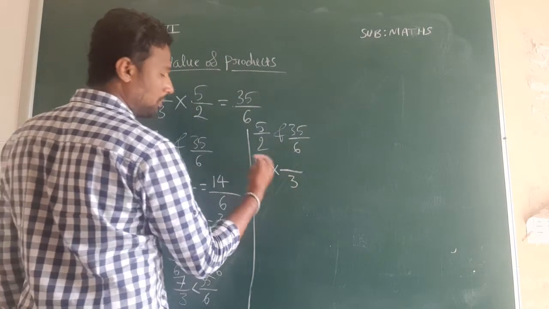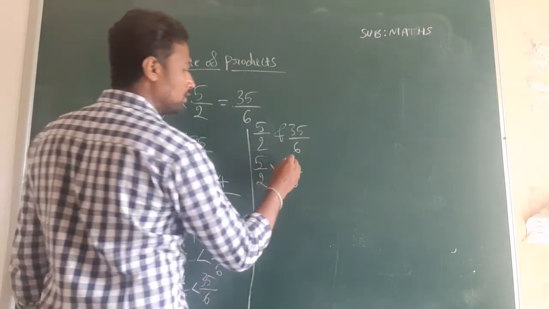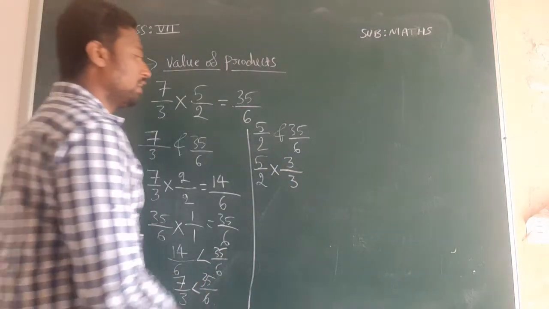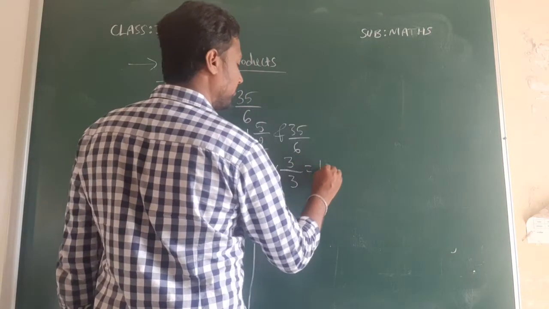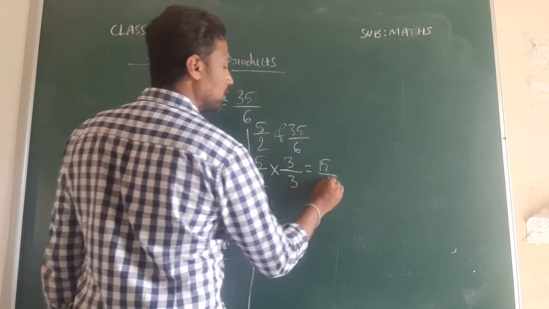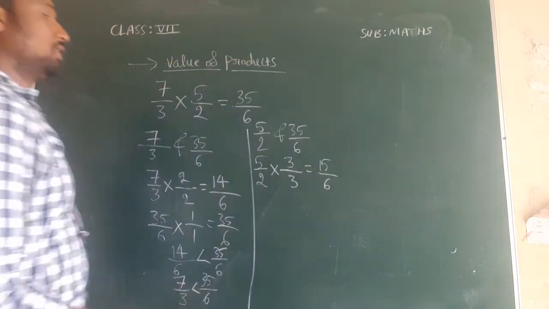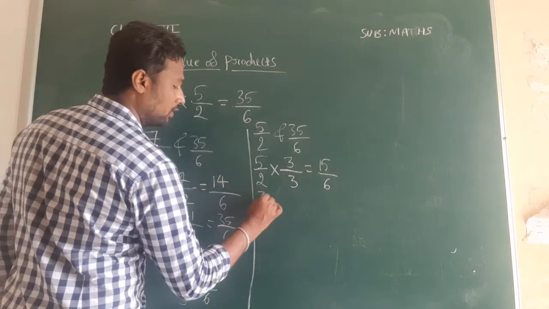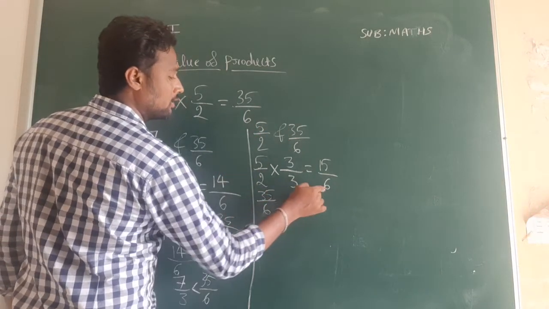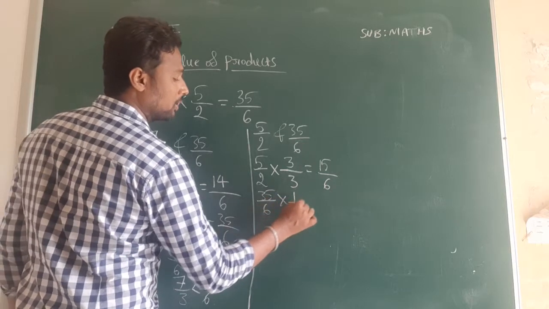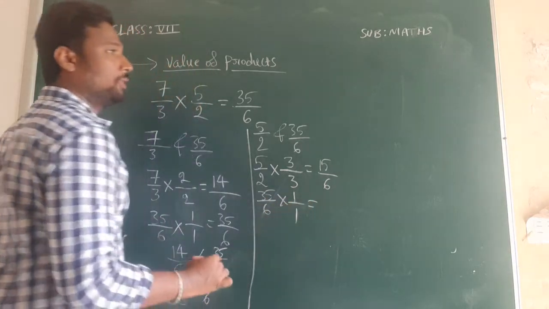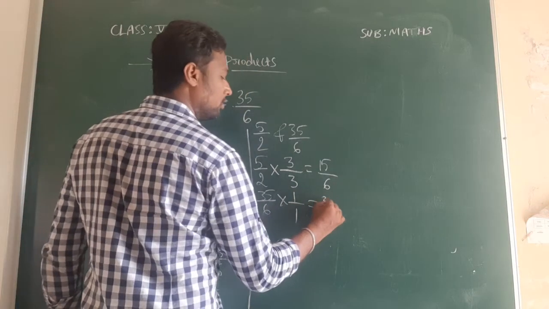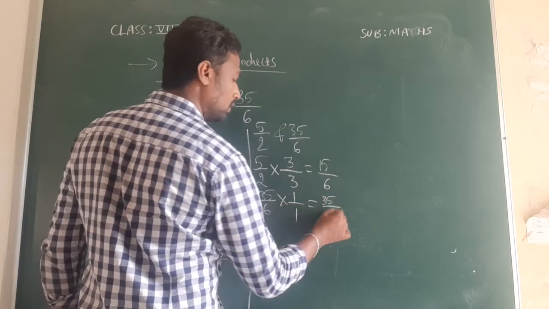And if you are multiplying the denominator with 3, then you have to multiply the numerator also by 3 only. Okay? And here 5 into 3 means what you will get? 15. Next 2 into 3 means 6. So now the next number that we are comparing is 35 by 6. Already the base is the same here, so no need to multiply by any number. So I will multiply this with 1 only, so that I will get the same number. 35 into 1, 35. 6 into 1, 6.